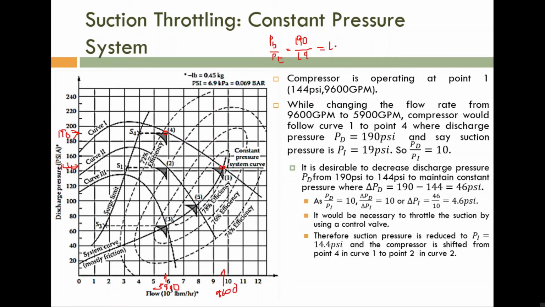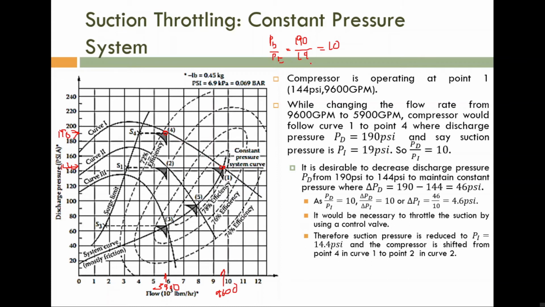I told you, with respect to the compressor operation, the compressor ratio is increasing with the decrease in flow rate, not the discharge pressure directly. But here we can witness an increase in discharge pressure. The reason is suction pressure is constant, 19 psi, corresponding to operating point 1 and operating point 4. For these two points the suction pressure is 19 psi. The only thing is the compressor ratio is increased, so definitely discharge pressure will increase.